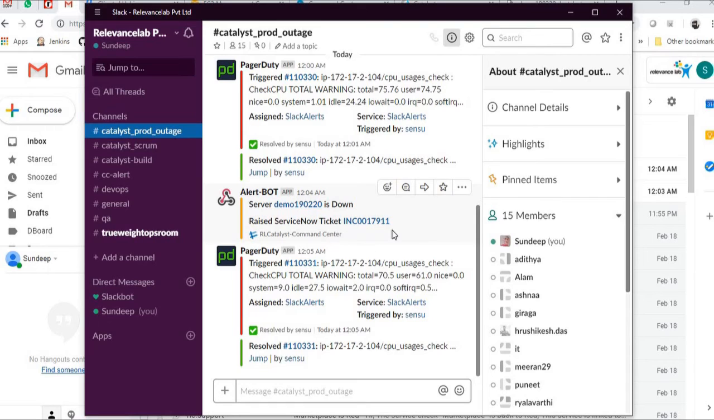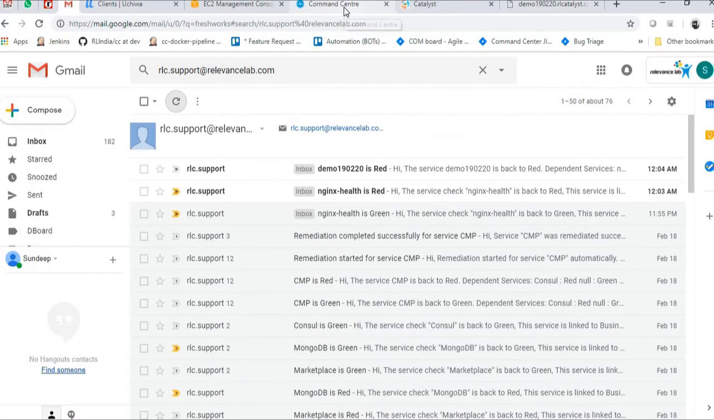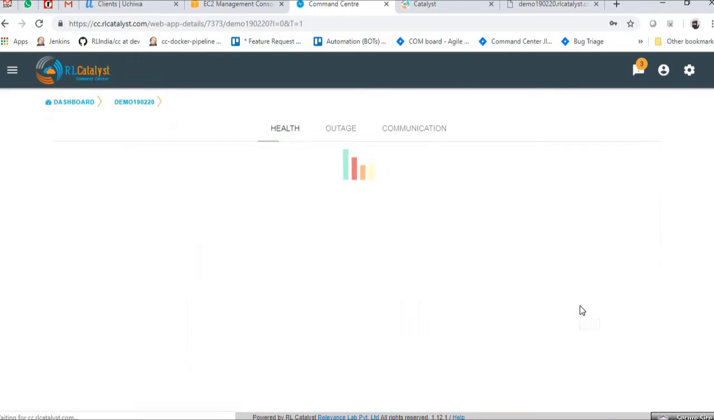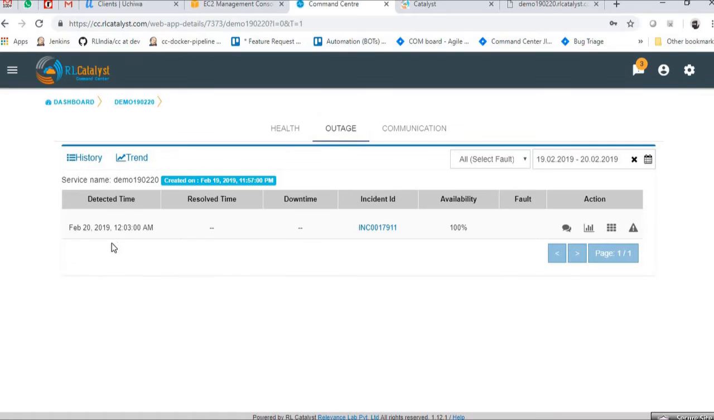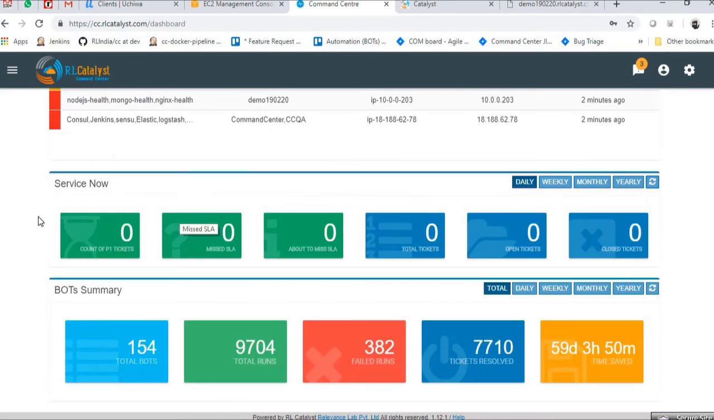The system has also raised a ServiceNow ticket about the incident. These same details will also be displayed here in the outages tab, and as we can see, there is an outage now in progress with an incident ID created in ServiceNow. The ITSM